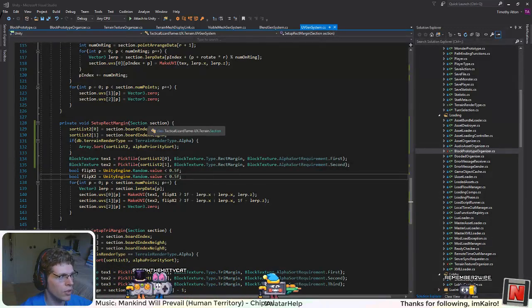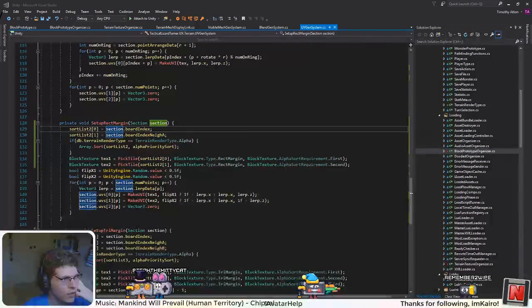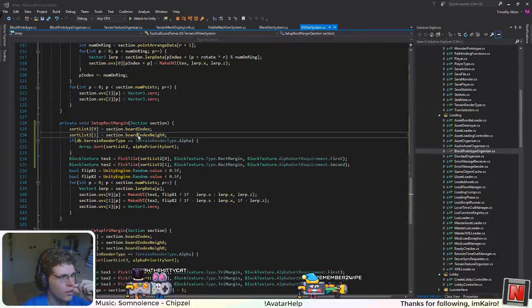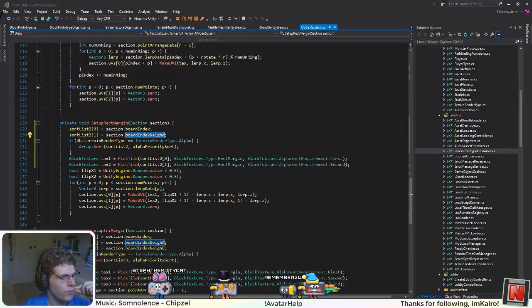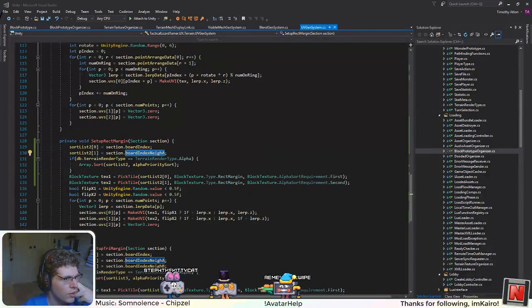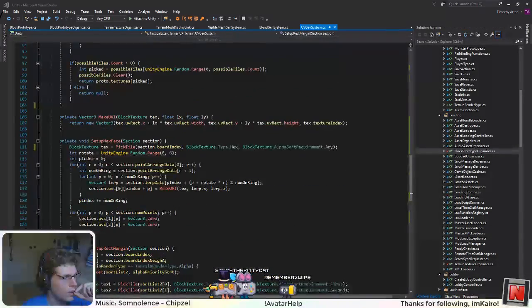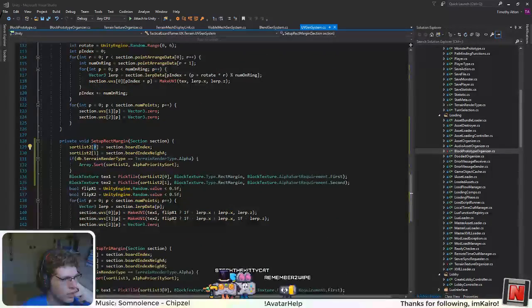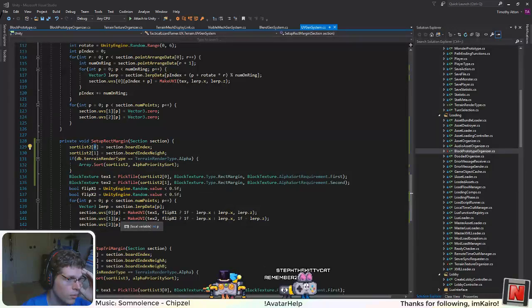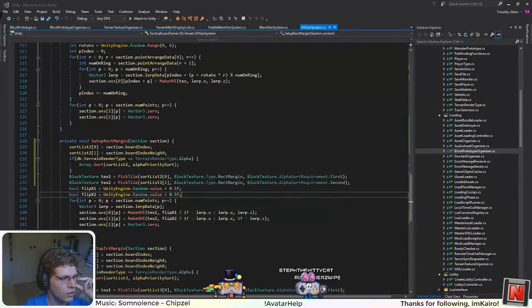Okay, I've been thinking about doing this for a while. Changing these board indexes, instead of being 3 different values, to just a 3 value array. Or even, it could be a variable length array. And so that way I could do something like the sort list would actually contain an index, and then I don't know if that's actually going to help me much. Another way I could do it is